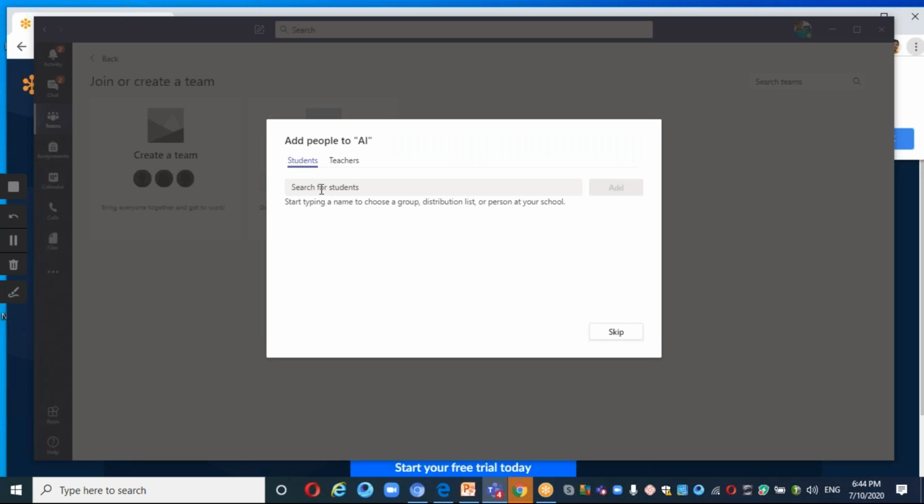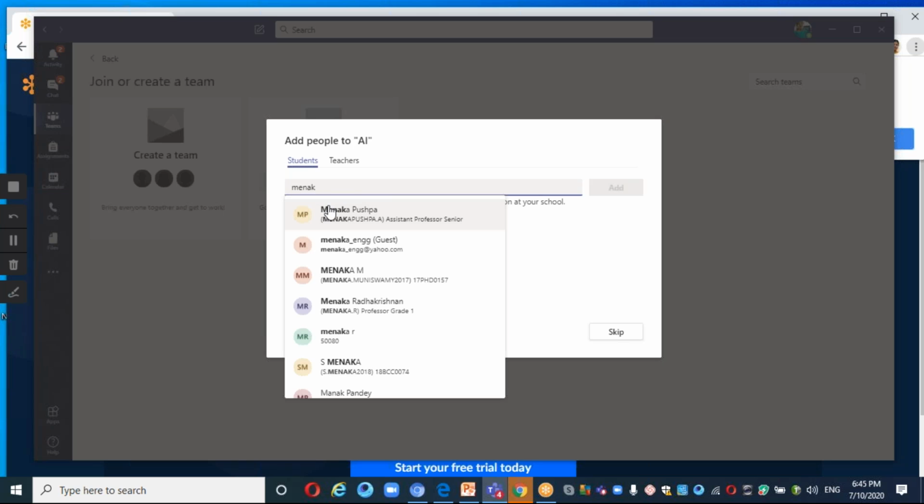You can select the students here now. You should have the mail IDs in some other sheet or wherever you have them. Take the particular mail IDs and just copy them here. Since we are in our college, we already have some set of IDs created. I'll just take from them here.